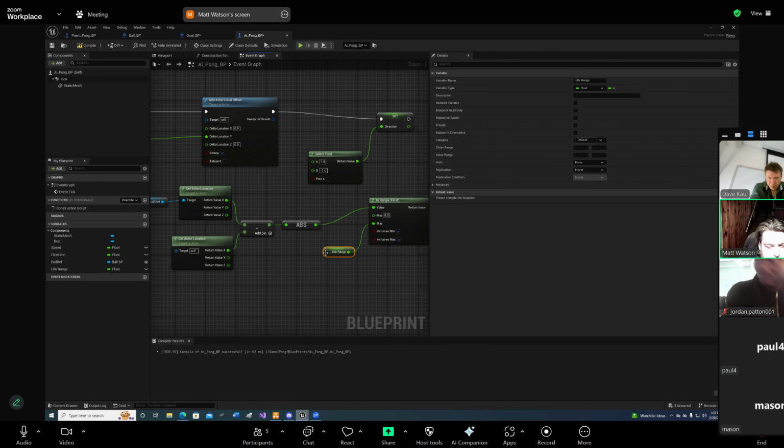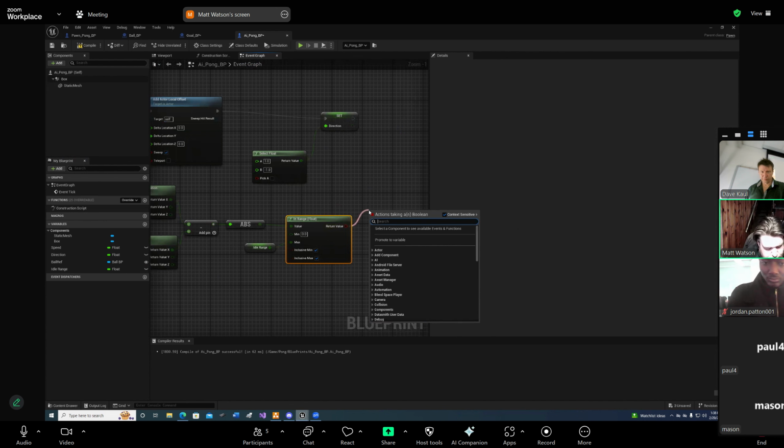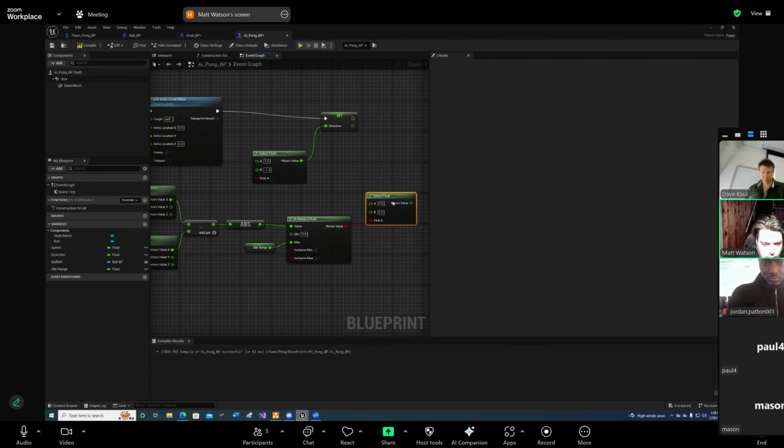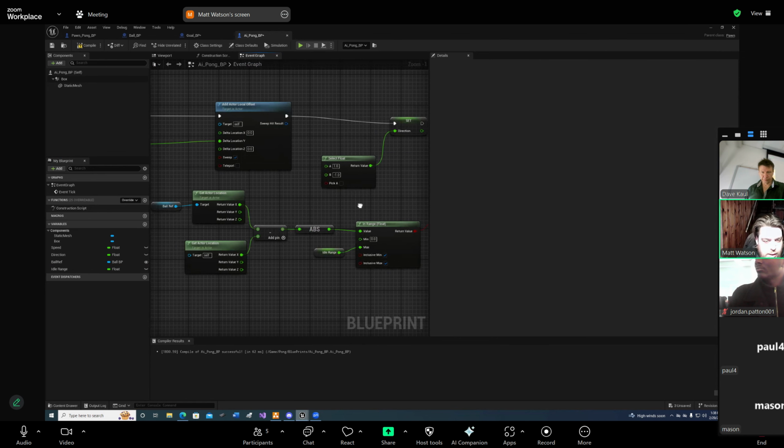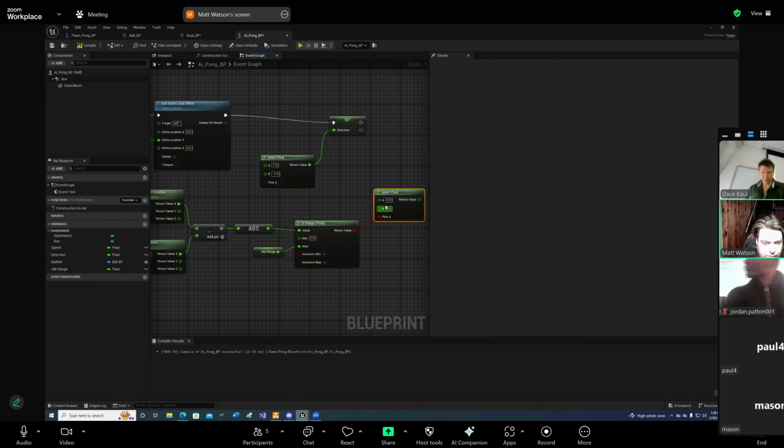Max to min range. If it is within the range, then we're not going to do anything. So if it is in range, then we're going to leave it 0, and if it's not in range, then